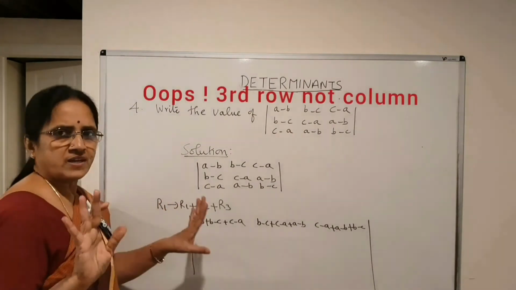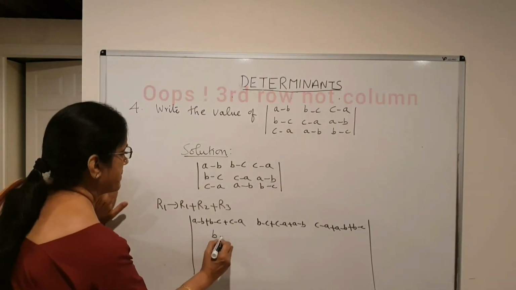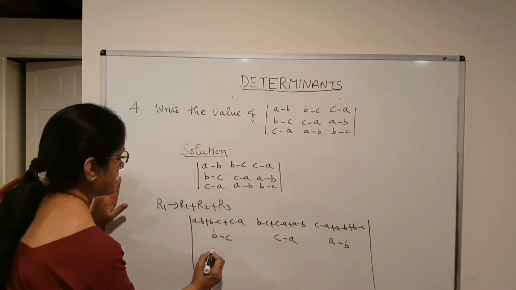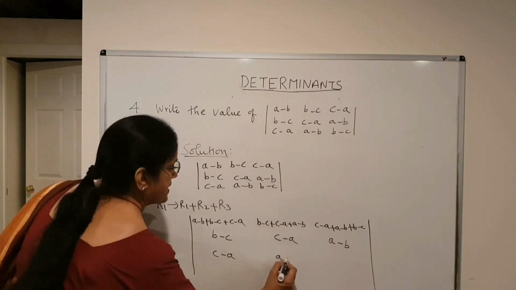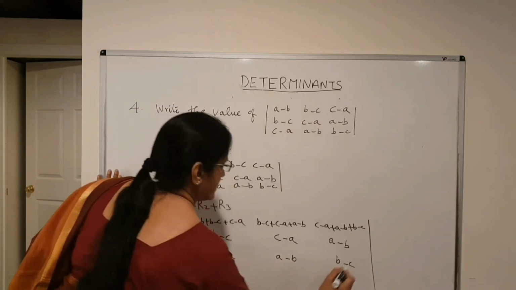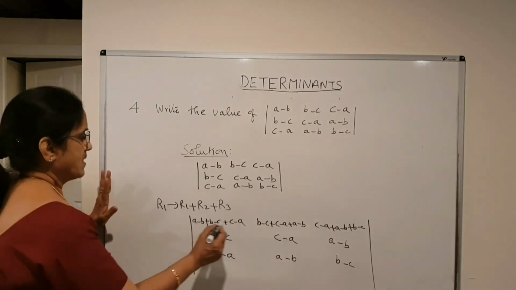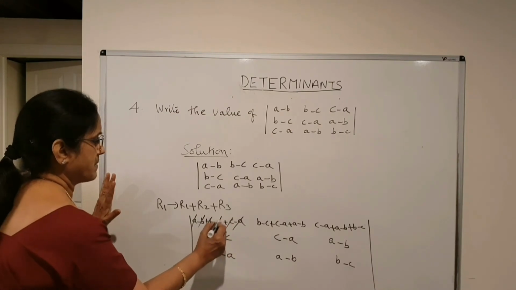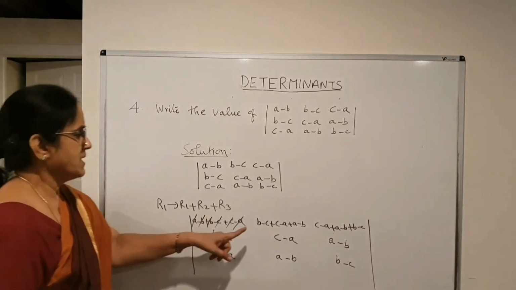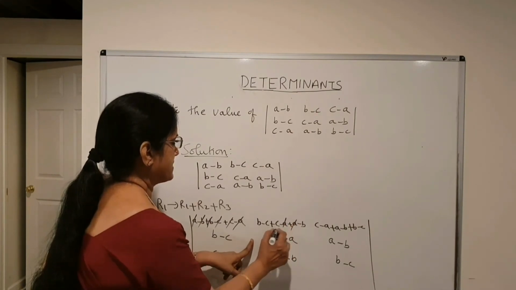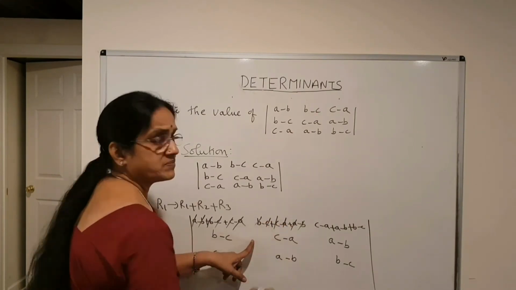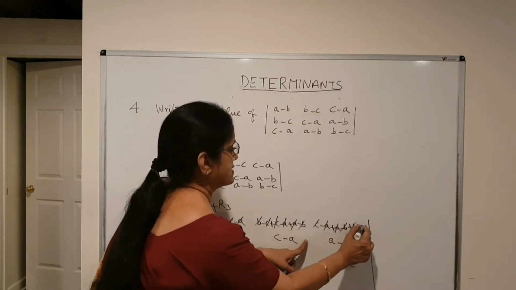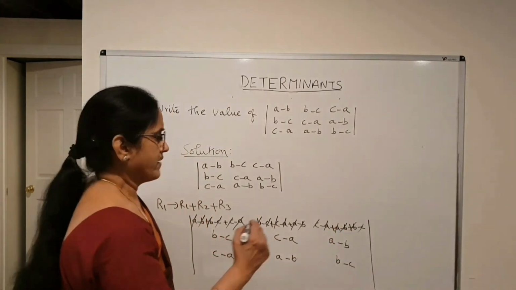Second row and third column will remain the same. So this will be B minus C, C minus A minus B. Here it will be C minus A minus B, B minus C. There won't be any change. If you look at it, plus A minus A, then plus B minus B, plus C minus C. All terms will get cancelled. Similarly here also, plus A minus A, plus C minus C, plus B minus B. Here, plus A minus A, plus B minus B, plus C minus C. All terms got cancelled. So I will be left with